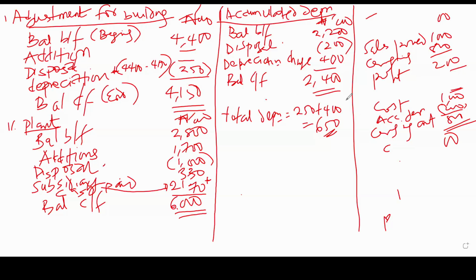Next item I want to look at will be income tax. How much is the tax that was paid? The question did not tell us, but we can work it back and we will get it. All right. Income tax. Now our tax was split into two. We have the current tax and we have the deferred tax. When I go to my liabilities, under liabilities, you will see current tax under current liabilities. The deferred tax may show up under non-current liabilities. All right. So I'll say balance brought forward,